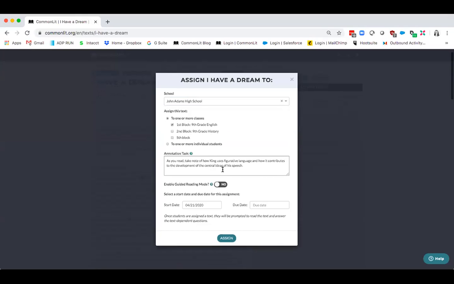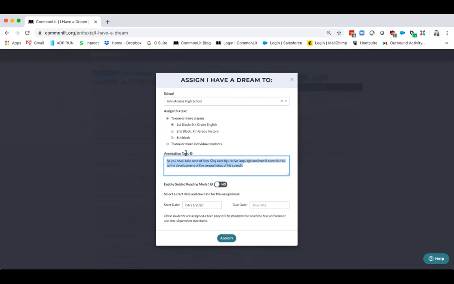The next thing you can do here is customize your annotation task. So this is what I was referring to earlier when I was explaining how you could use our discussion questions for your students. So if you look in this box for any text, we do have a standard annotation task that you can use for your lesson when you're assigning it. But if you want to personalize it a little bit more, and especially during distance learning, when you don't see your students that much, maybe you want to provide them with specific instructions, but also maybe you just want to make it a little bit friendlier, a little bit more personable so that you can connect with them,